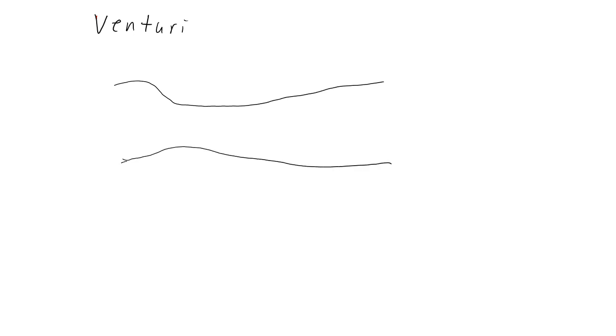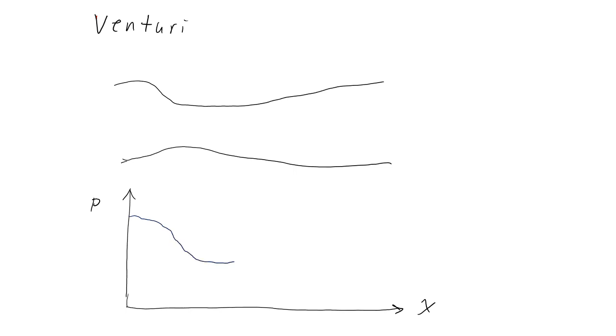Similarly, the Venturi we've talked about already. But if you have the flow through a contraction like the Venturi, again, if you plot the pressure as a function of the position, the pressure decreases, then it partially recovers, right? But it doesn't fully recover. So in other words, this pressure here